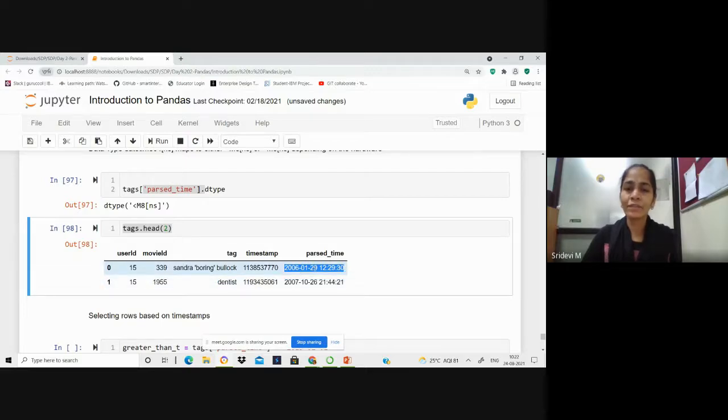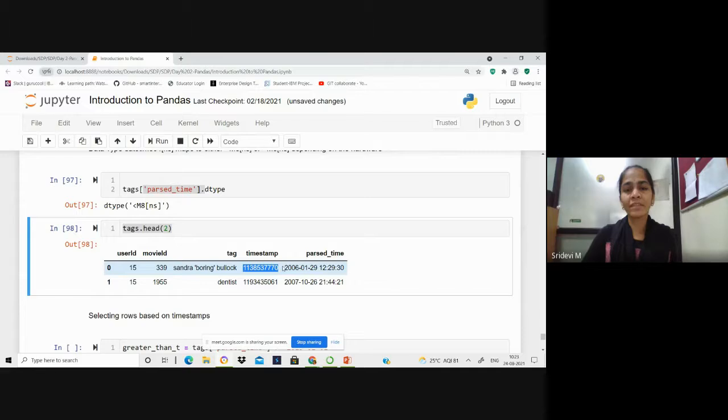The date is 29th Jan 2006 and the time is 12 o'clock 29 minutes 30 seconds. At this point of time, on this date, this particular tag was given by the user for this movie. That is the actual parsing we are performing on this timestamp.